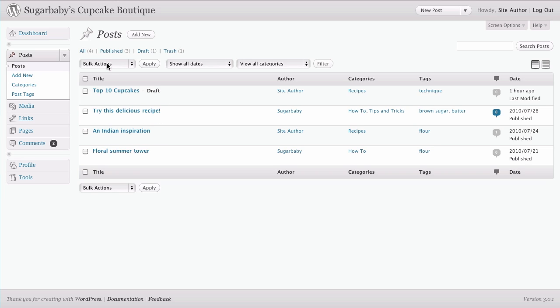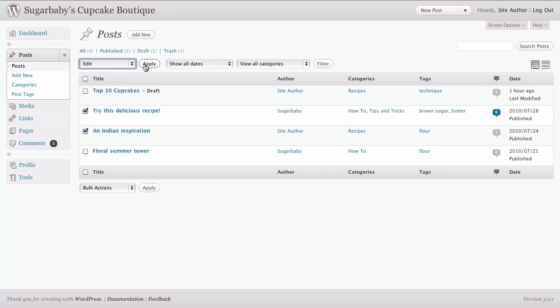And you also have the option to perform a couple different bulk actions as well. You could select a couple different posts, or by clicking on the title bar, you can select all the posts in your current view, and clicking again just unchecks it. Let's go ahead and select a few. And for bulk actions, we have two options. We can bulk edit,